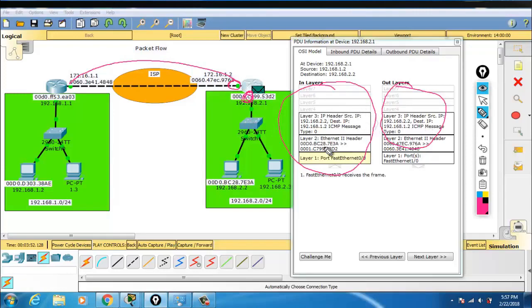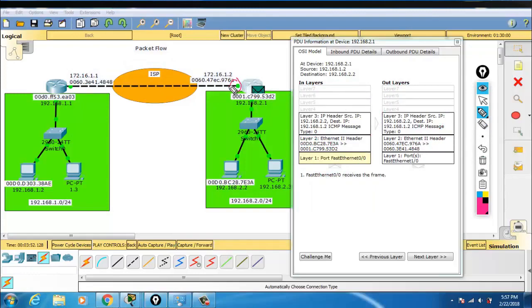Now in this you can notice the source MAC address. The source MAC address is 7E3A, which is this computer, and destination is 53D2, which is the gateway of the network. Now the packet which is leaving the network,